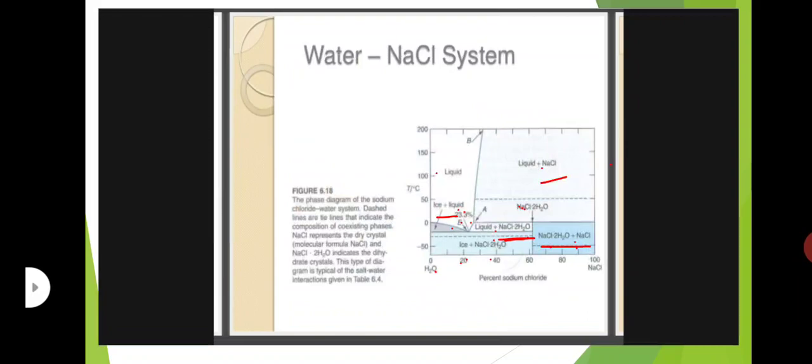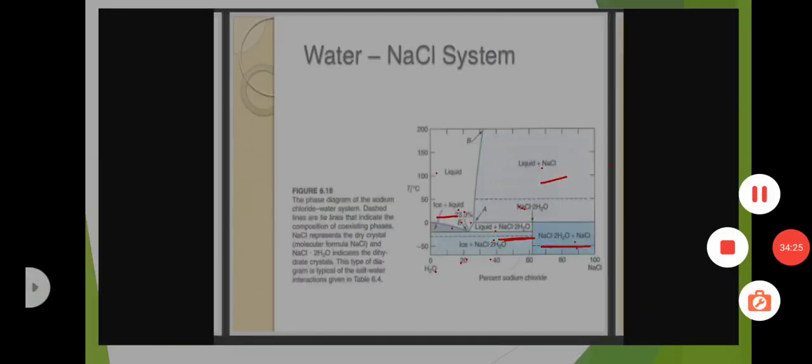Okay, here we are showing the diagram where on one side we are taking completely water, and on the other side we are taking NaCl. When these are mixed with each other, NaCl·2H2O is formed. At the eutectic point, this has ice plus NaCl·2H2O, and the other side has NaCl·2H2O salt plus pure NaCl. Okay, this is the water NaCl system.